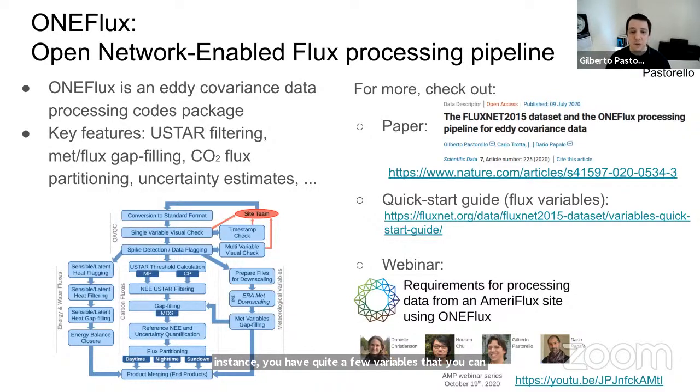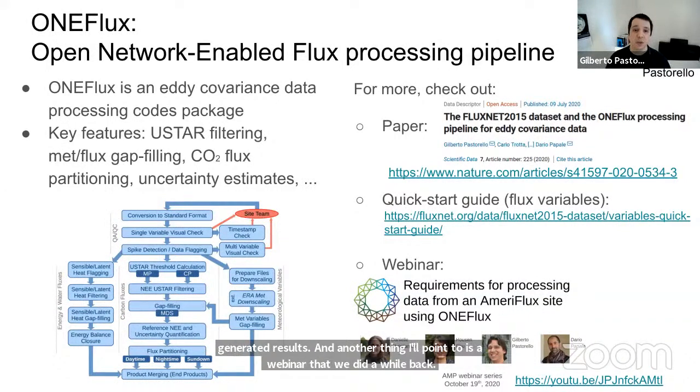So we elaborated this quick start guide, which is also part of the paper, but we have this handy link here on the website, guiding you through how to pick the flux variables that you use from the OneFlux generated results.